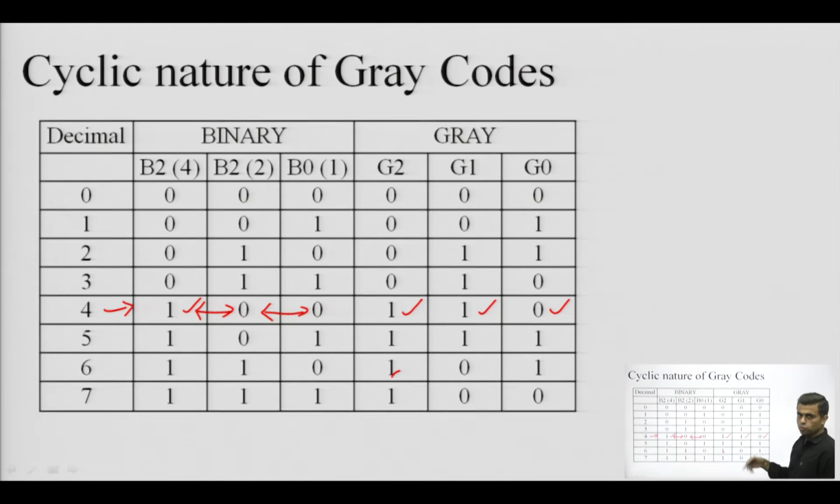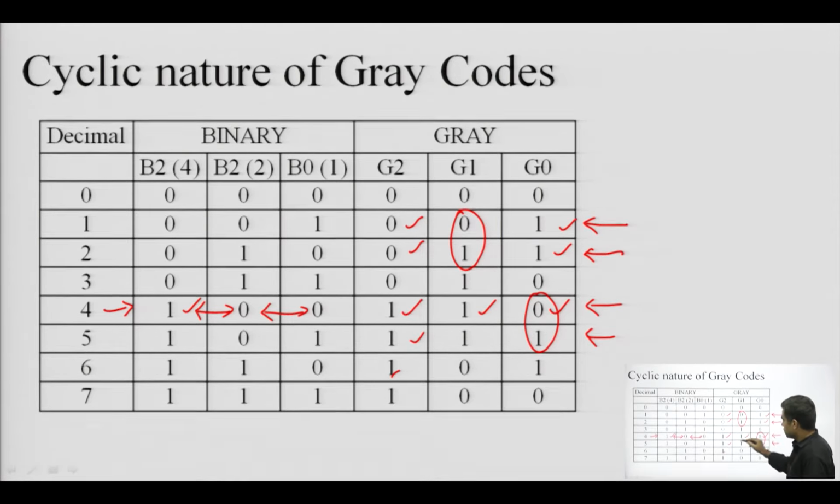Now, between any two successive gray numbers, you can check these two gray numbers. These two gray numbers are different at only this one position, and this position is exactly the same, this position is exactly the same. Similarly, you can check any other successive gray numbers, you can check these two are different at this position, 0 and 1, this 1 and 1 are the same, this 1 and 1 are the same. So, this justifies the point that between two successive gray numbers only one bit change is allowed.